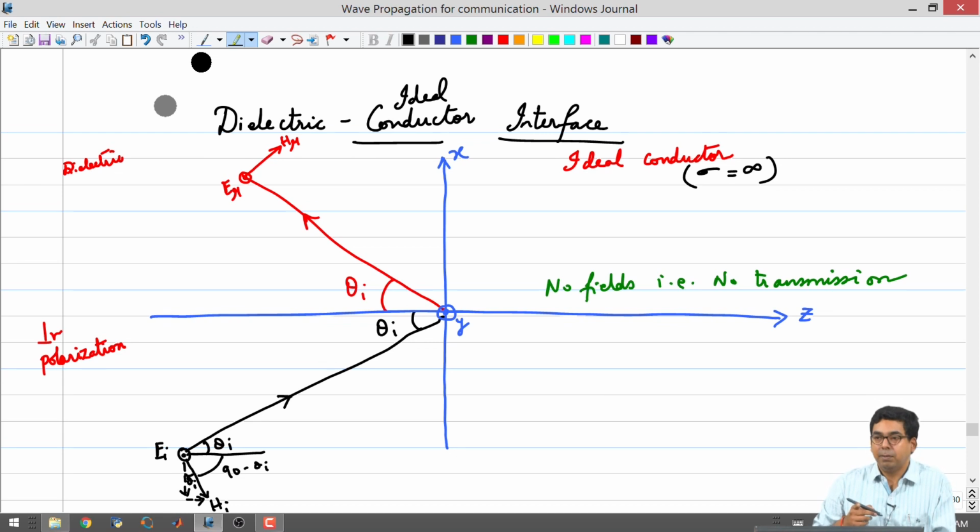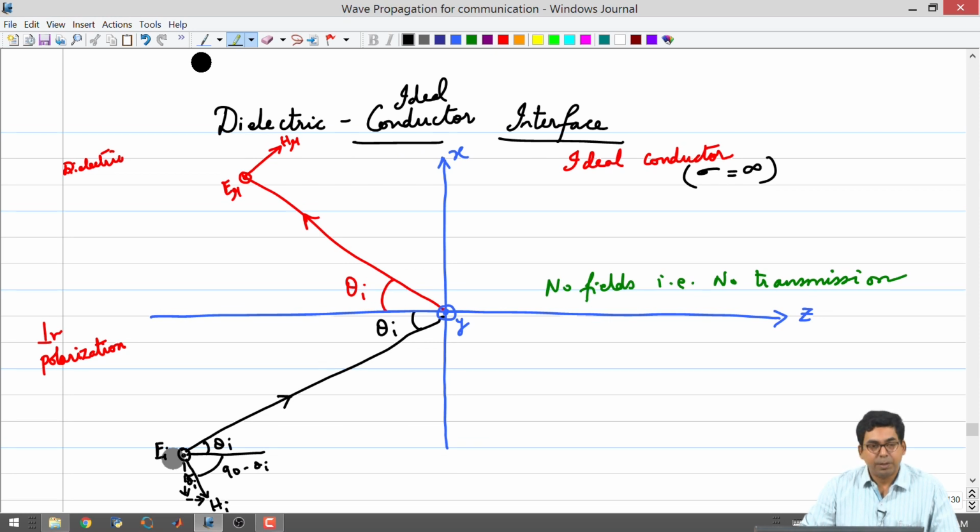And you will notice that there will be some net travel in the positive x direction, which is consistent with what we have seen. In the x direction it was a travelling wave, and in the z direction it was a standing wave pattern. And since this is a travelling wave in the positive x direction, in this configuration if I placed a second plate on the left side, there would be complete reflection from that plate and there would still be a net travel in the positive x direction, exactly following the expressions that we have written before.